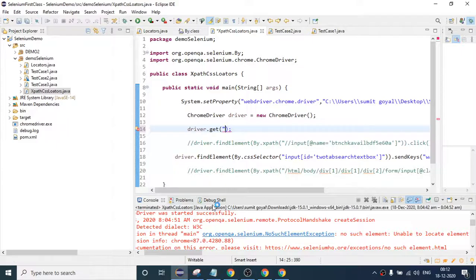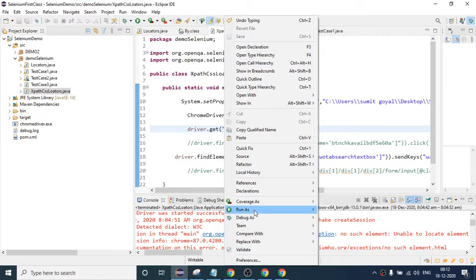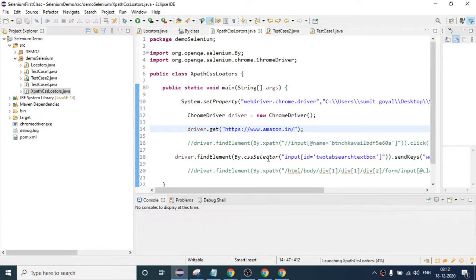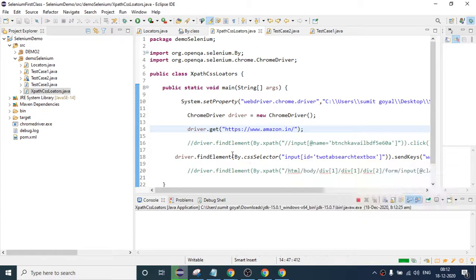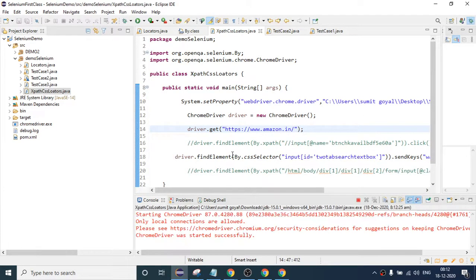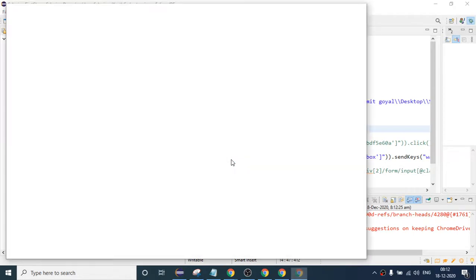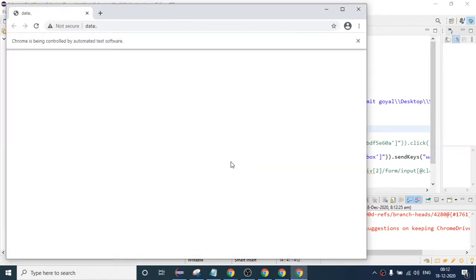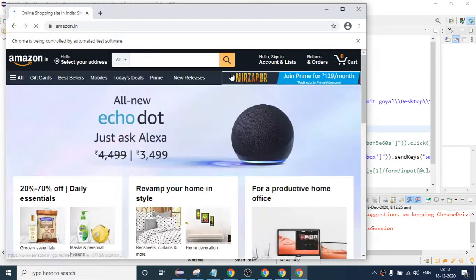So here just say, okay, right click, run as Java application. This time washing machine should be written here.